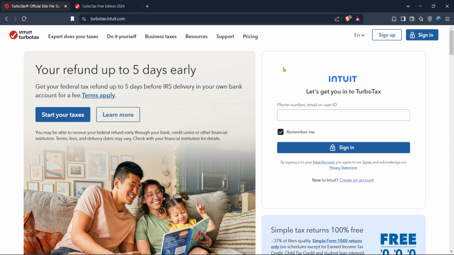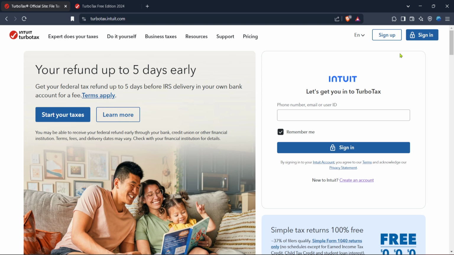First off, let's head over to the official TurboTax website. If you typically use their services to file your taxes, you should already be familiar with the site. It's designed to make tax filing straightforward and efficient. Once you're there, right at the top of the page, you're going to want to click on the Sign In button. This is where you'll enter your login credentials, the same ones you use each year for your taxes. If you've forgotten your password, don't worry, there's always an option to reset it using your email address.